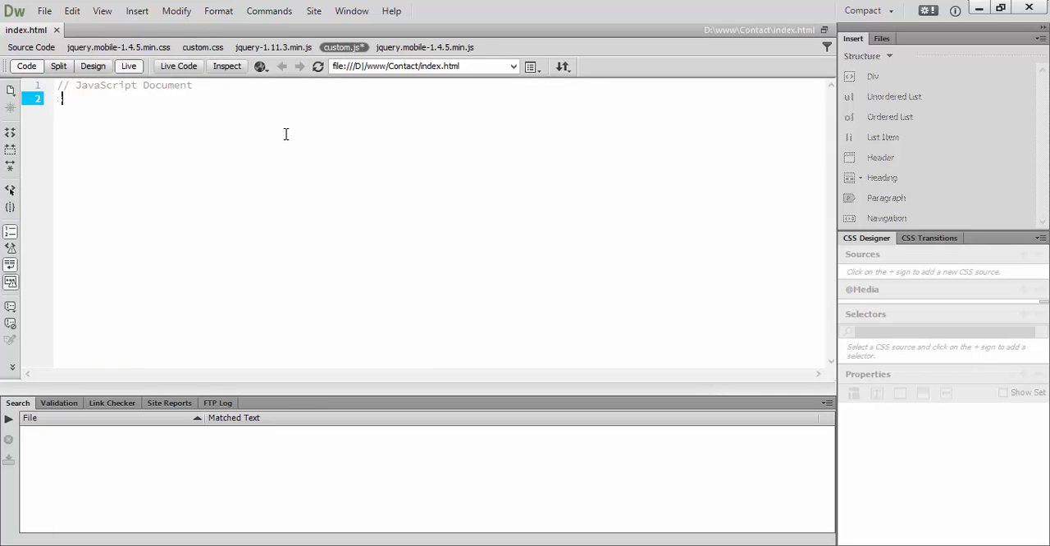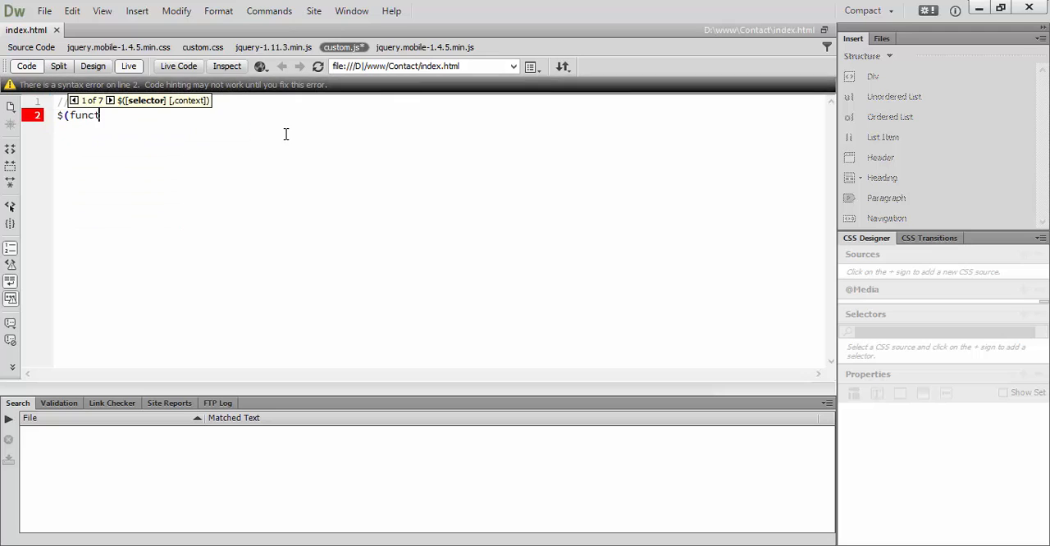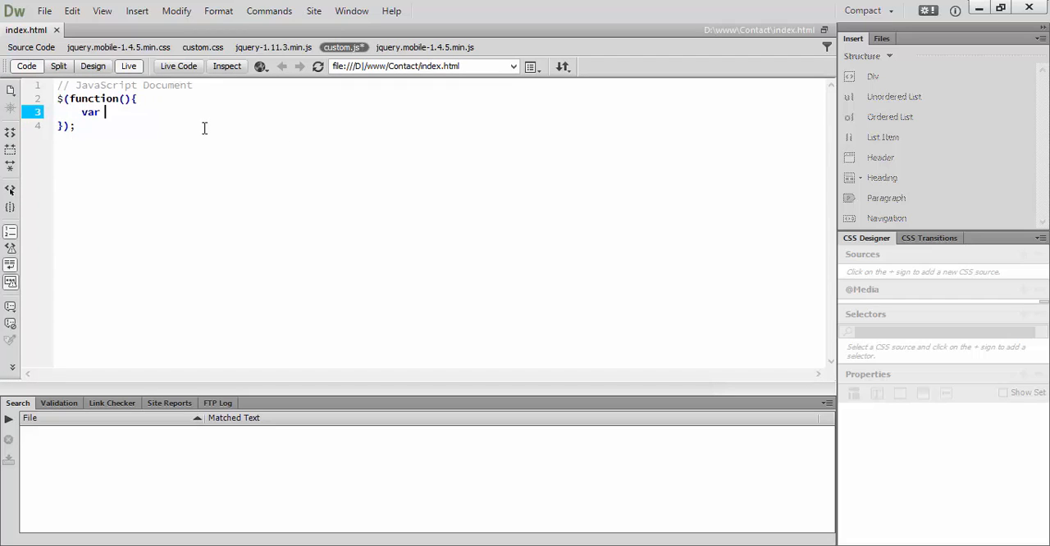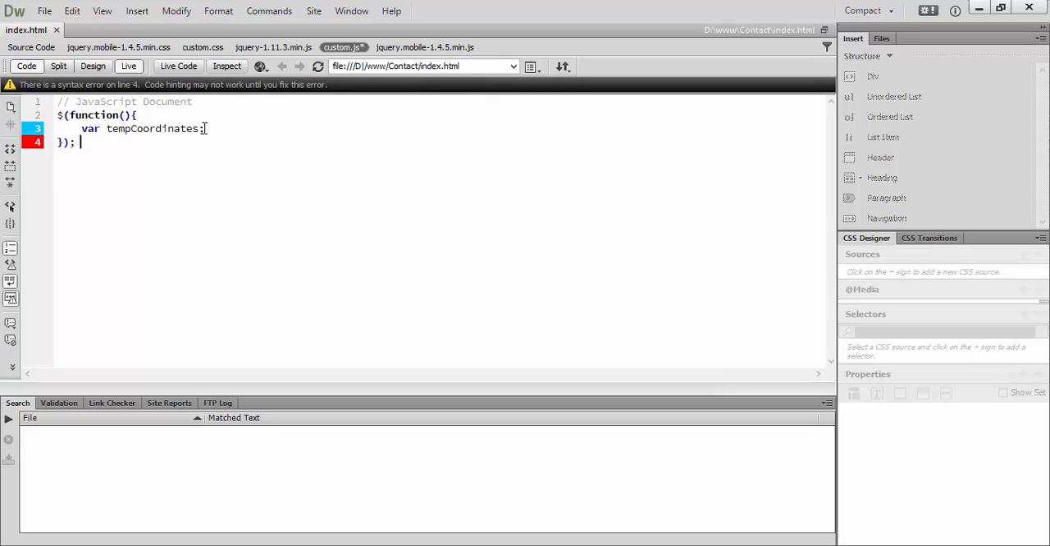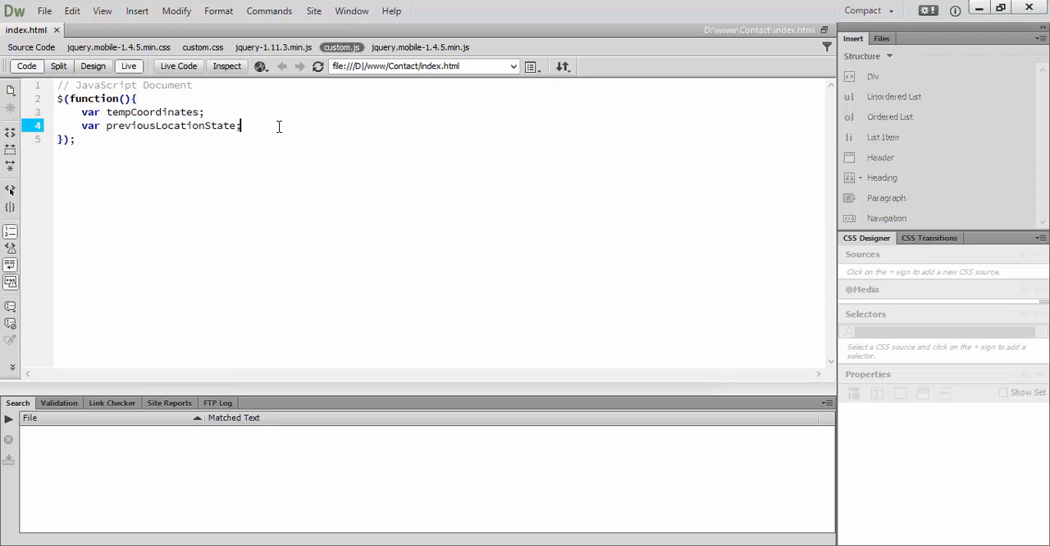Okay, so first off, I'm going to run a self-executing function to make sure that everything's loaded in my JavaScript, my entire document. I'm going to need two variables. One is my temp coordinates to store temporary coordinates. Next is the previous location state. So why I need the previous location state as a variable, because I'm going to store